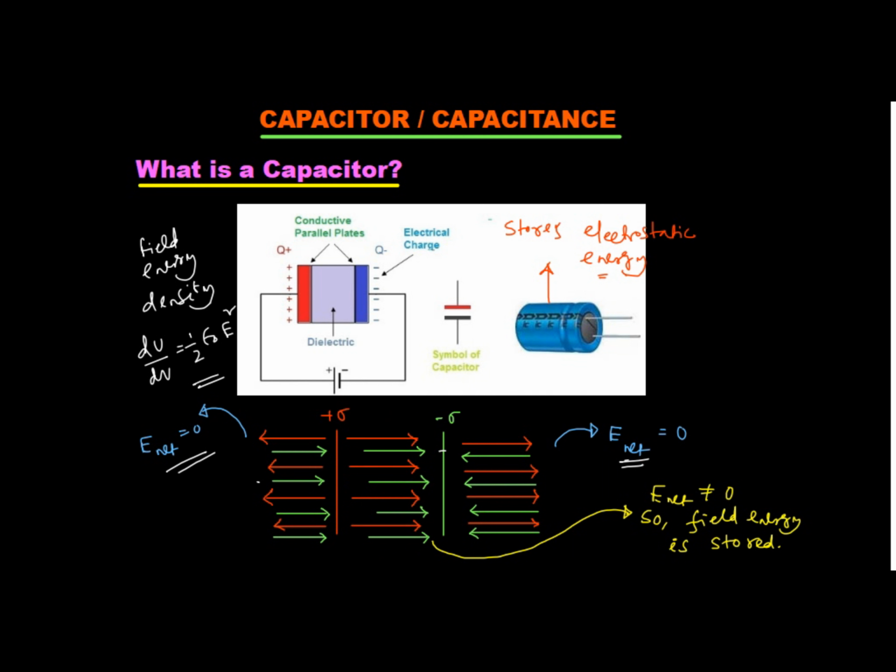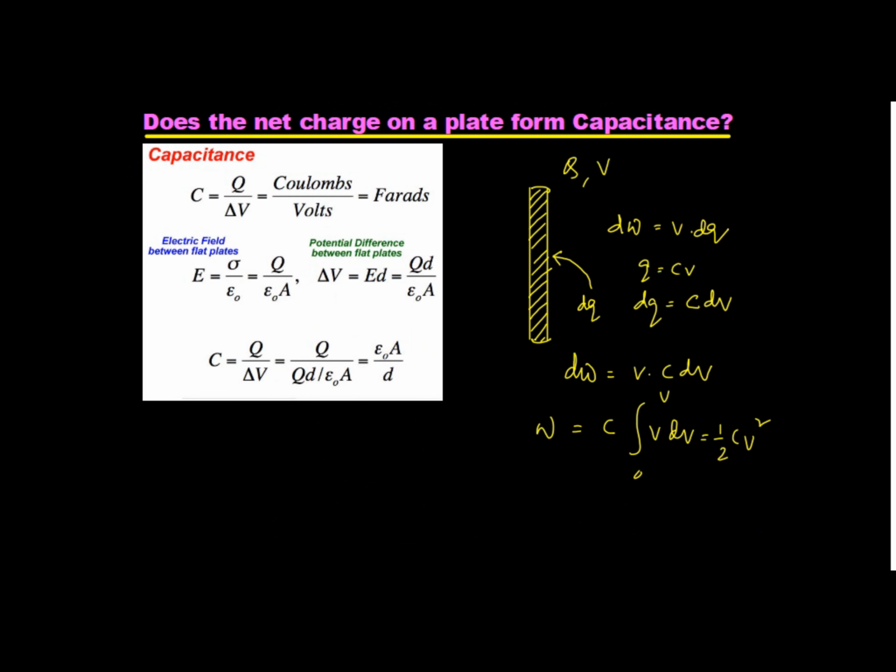Okay, let's move ahead. Suppose I'm giving the plate a charge dq, so the potential V of this plate will be directly proportional to Q. If we increase the value of Q given to the plate, V also will increase. To convert this proportionality into an equation, we have to bring in a constant of proportionality, which is C, the capacitance. So if I have to define capacitance, C is equal to Q by V, or you can write Q by delta V.